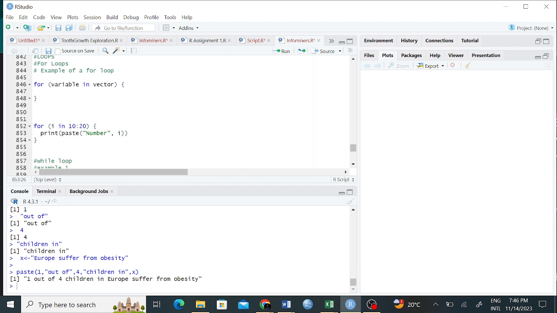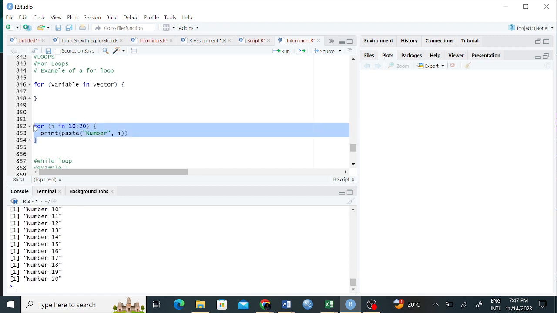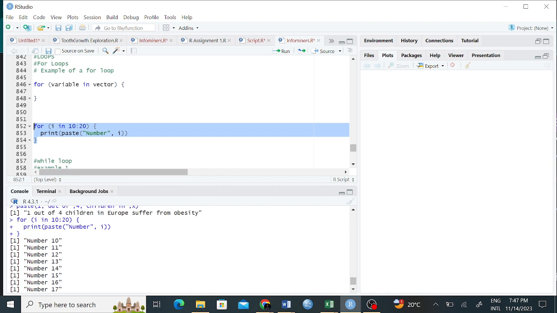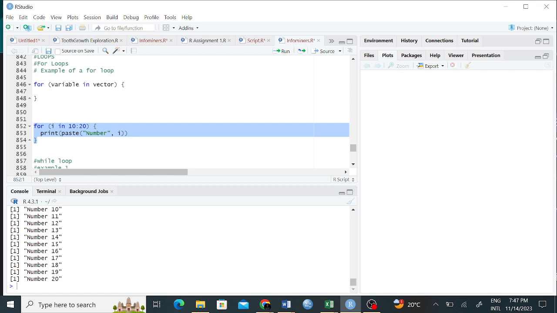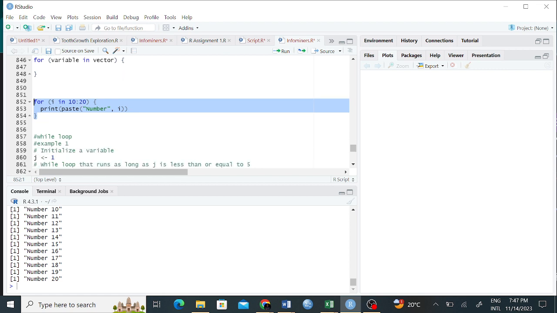If I is 16, it will say number 16. So the for loop will be looping through our vectors, provided that the condition we have placed here has been met. You can run this one and see what has been written there. Number 10, 11, 12, 13, 14, 15, 16, 17, and so on, down below.